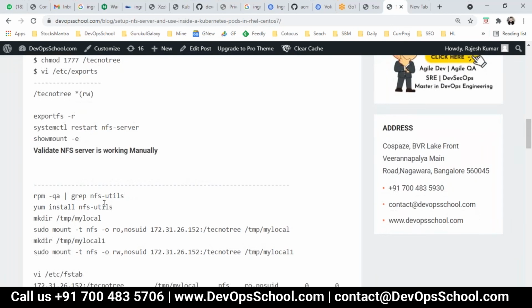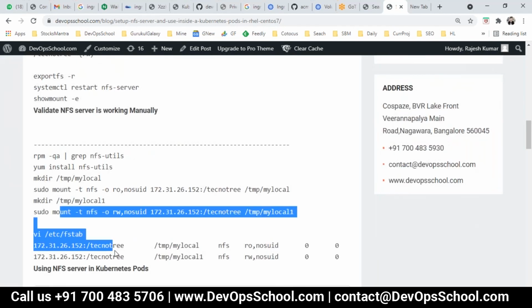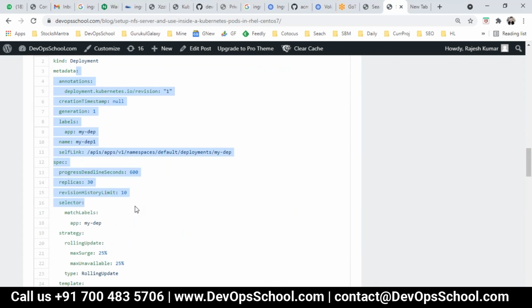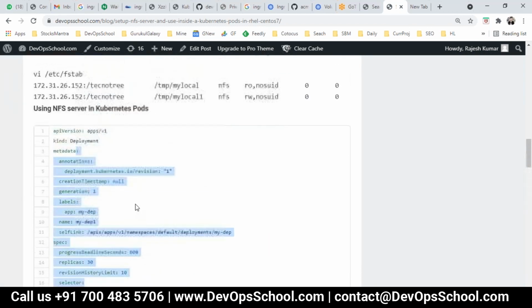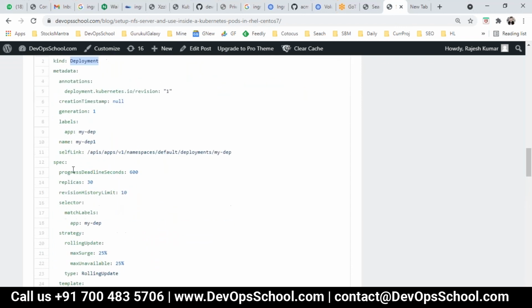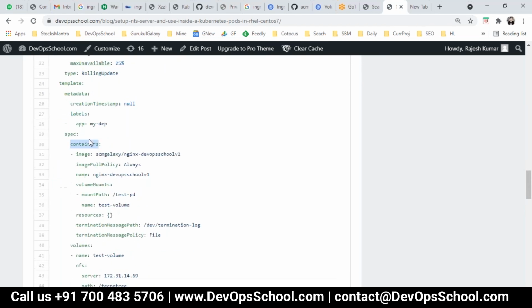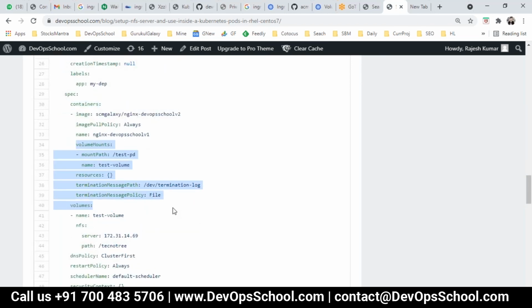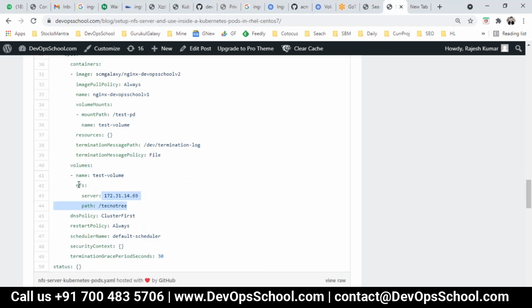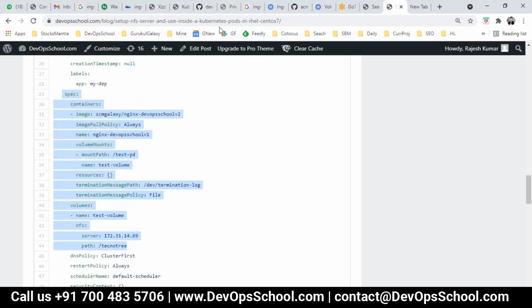If you run them on the NFS server, again, don't run blindly. You have to fetch some of the options. And after that, you can use it in the deployment. See here, in the deployment, they have used it. What you want? Deployment. Specification, template, pod template, spec, containers. Here you have pod dot volumes. Here you have NFS directly. So you can use it directly also. In the last example, I showed you through the PV and PVC route, but you can use it directly also in the pod specification. Did you understand that, all of you?